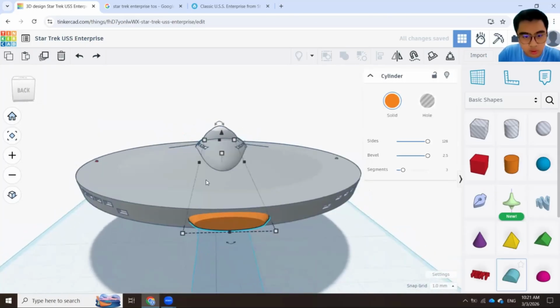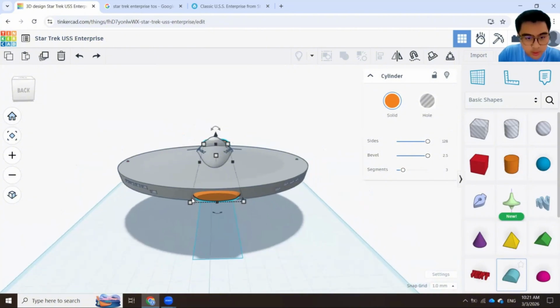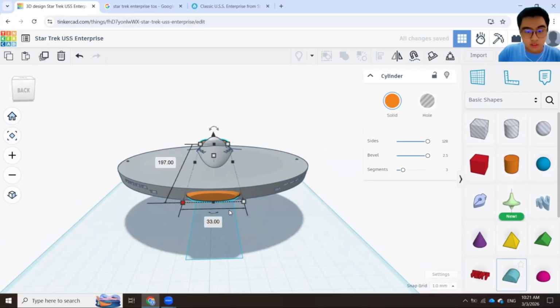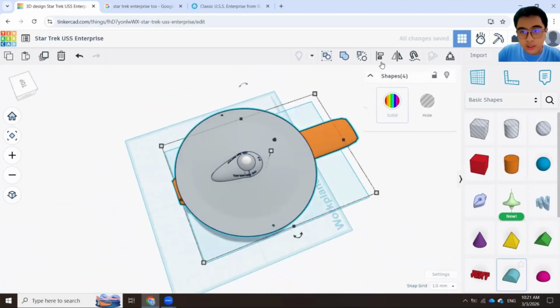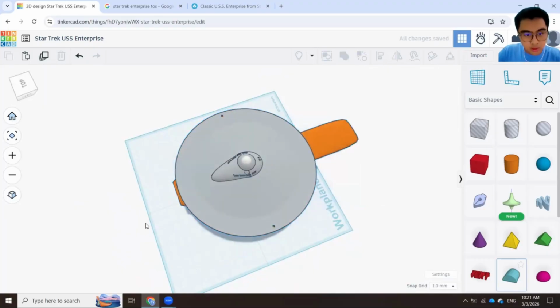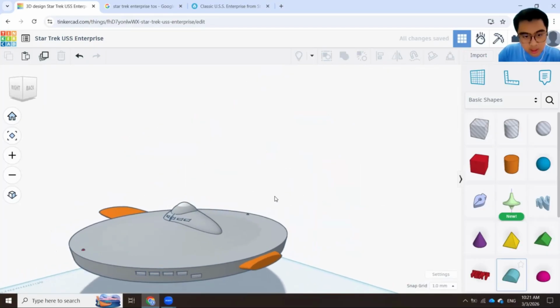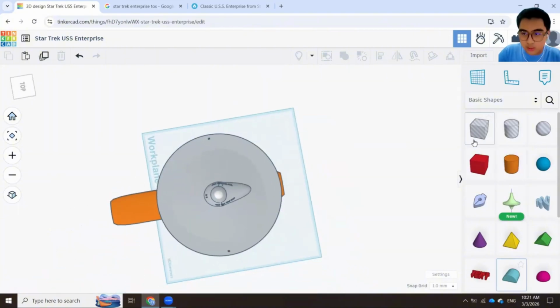That's quite small. So wait, what's the length of this one? 29, right? I'm going to go for 33. Okay. Yeah, 33, right? No, 34. 34 would be nice. Okay, that's about it. Align them at the middle. Okay, and then we are going to make this part appear.